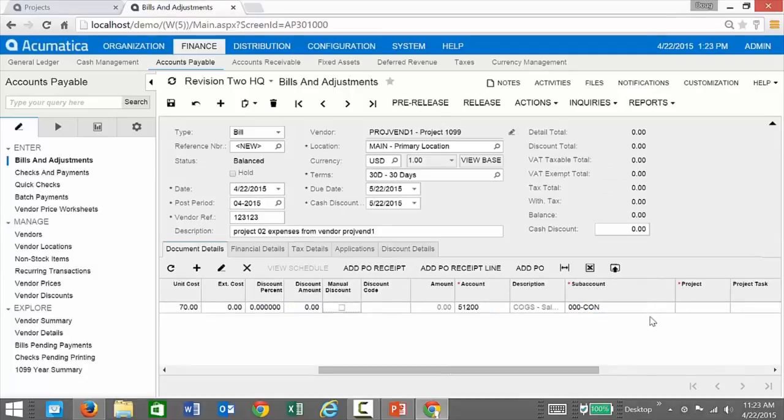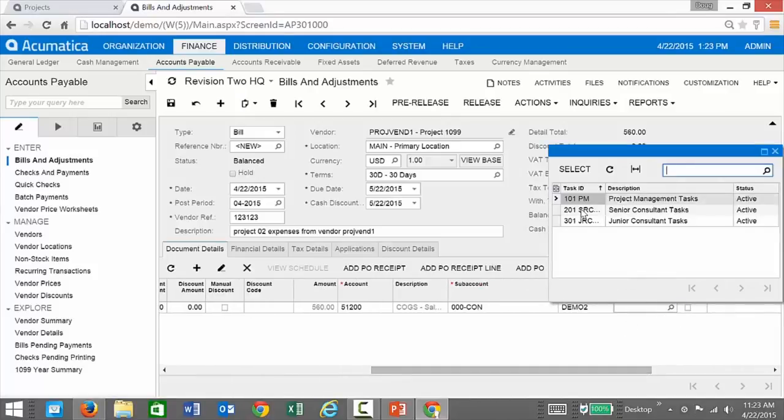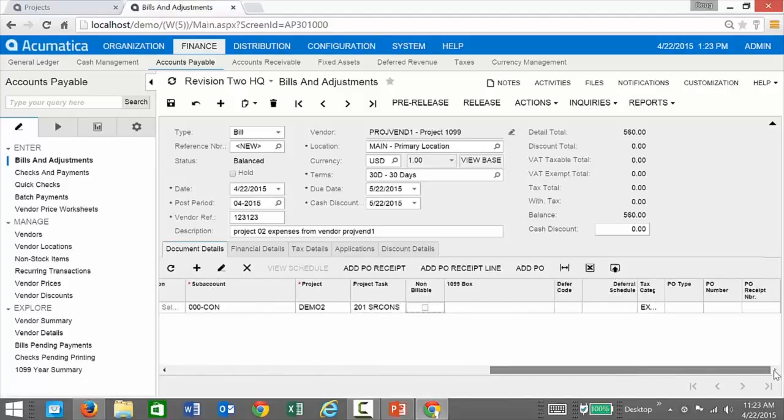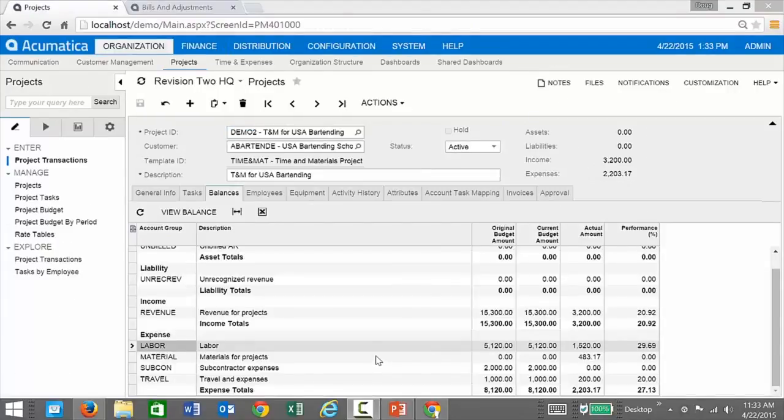And now I'm going to go ahead and link that to my Demo 2 project. And I'm also going to link it to a particular project task. And these are other fields that are related, but in this case I don't need to do it. I could also, of course, attach my vendor bill and do things along those lines. Now that I've gone ahead and created that bill, the vendor bill mapped to my labor item,